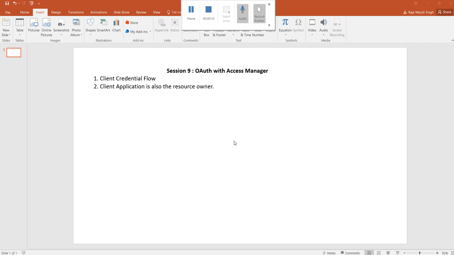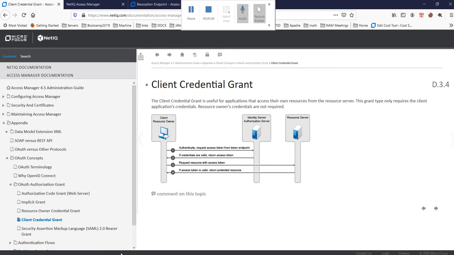Client Credential Flow is basically used by the client application, which is also the resource owner, and they want to try to access their own resources. So the client application is also the resource owner. In this case, you need not provide any other information to the authorization server other than the client ID and the client secret. To know more about the client credential flow, you can go to the documentation and check the client credential grant here,